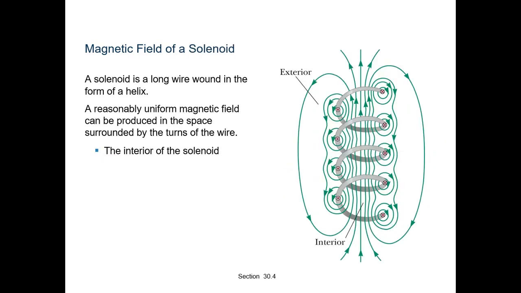Here is our solenoid. We shall discuss the long solenoid. By long solenoid we mean that the solenoid's length is large compared to its radius. It consists of a long wire wound in the form of a helix. See here, it is a helix wire, with helical paths.